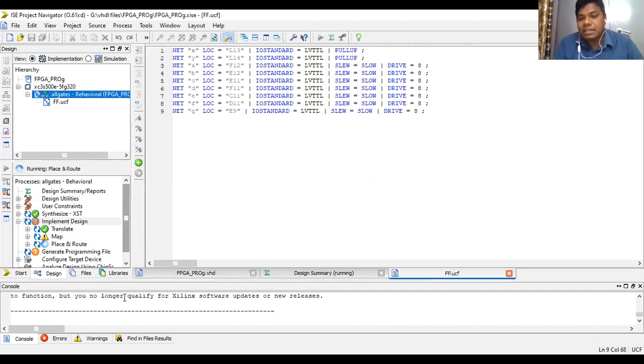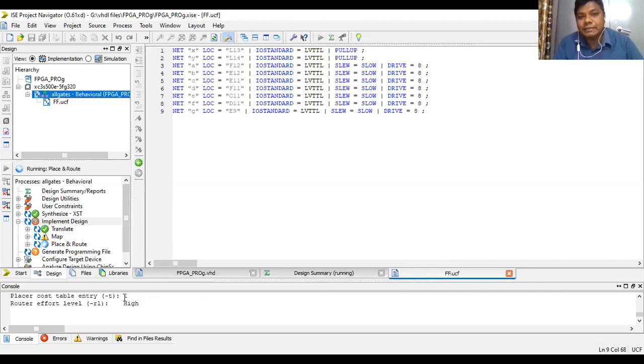A PCF file. For each and every step, we will get a file. All those files will be located here, under this path, in the FPGA prog folder. For the RTL simulation, we will have an .ngr file. For translate, we will have .ngc.